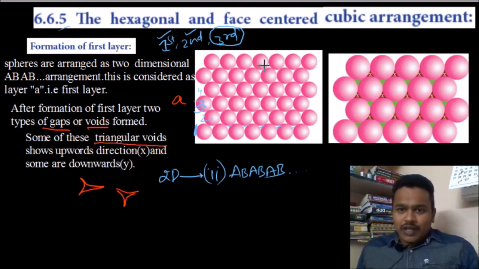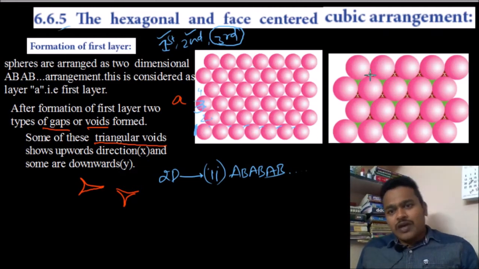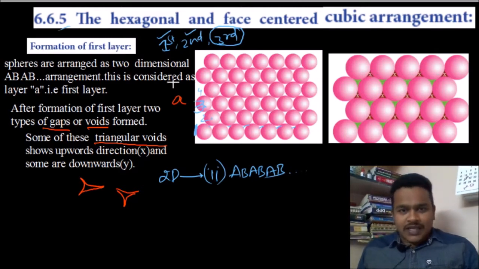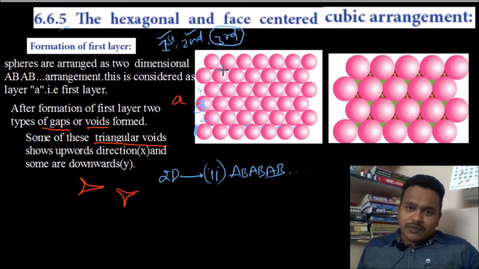These gaps we are going to give a terminology. We observe the triangular voids: some triangular voids are pointing towards the upward direction, and these others are pointing downward.